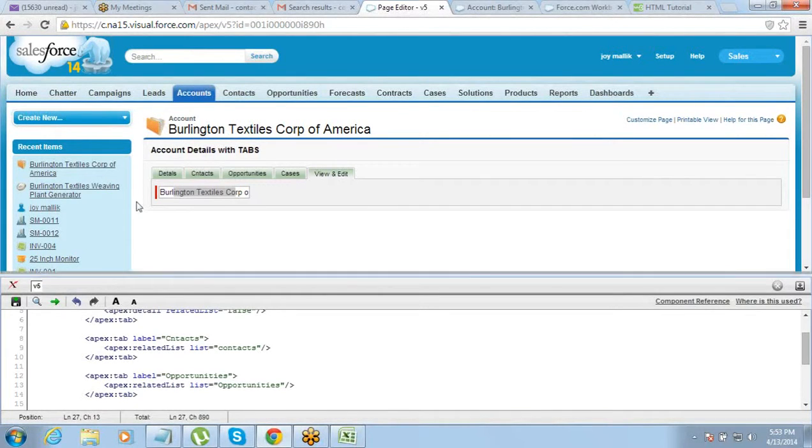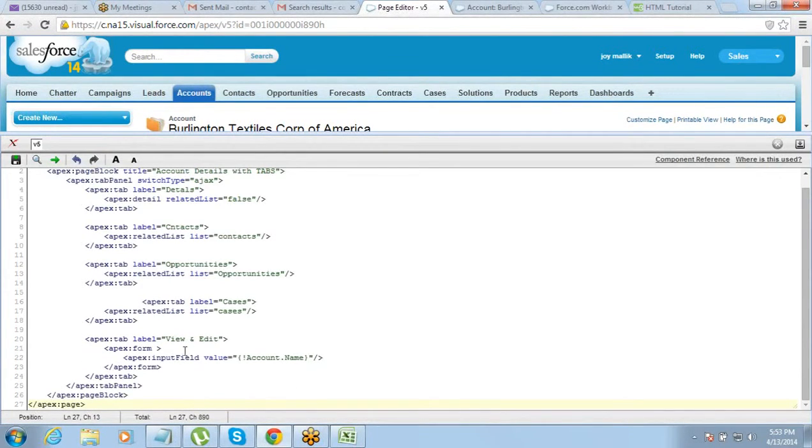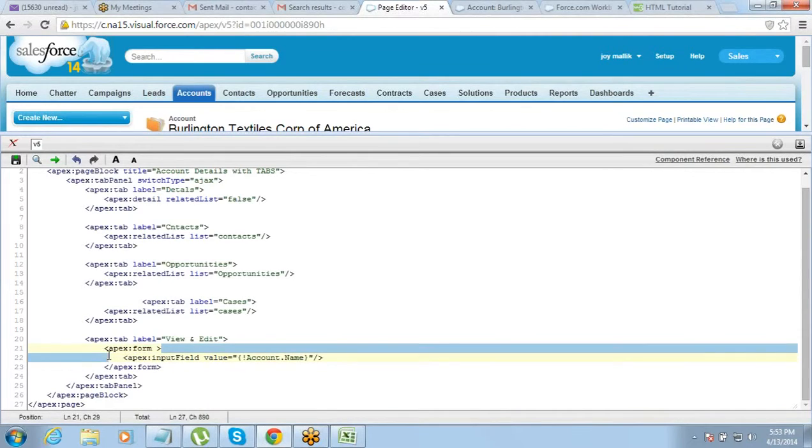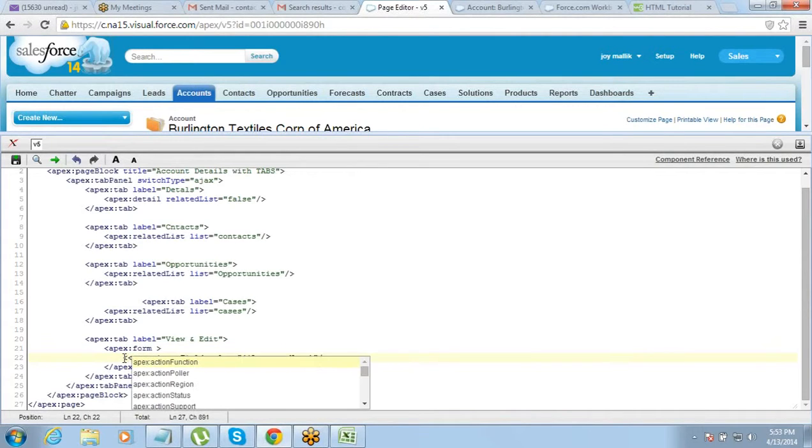You call it read only. Now, it has to be within the form tag. So that is a mandatory thing. If I say name